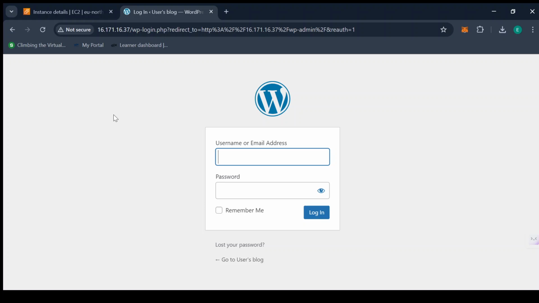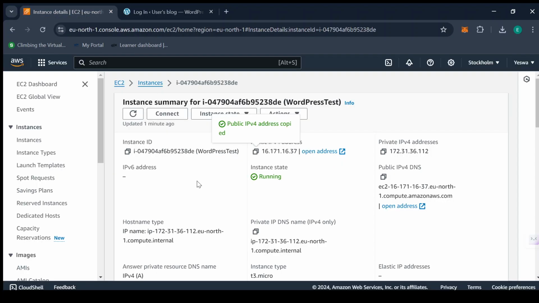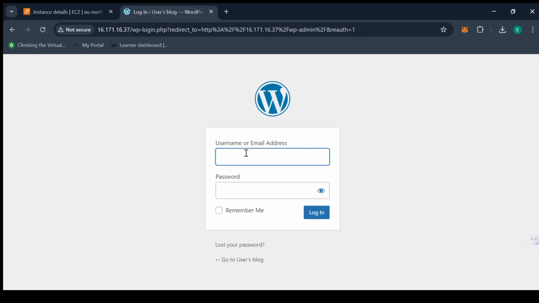We did not set it up. So we have to go back to our instance details to be able to get the username information and the password information to fill it in here and be able to log into this site